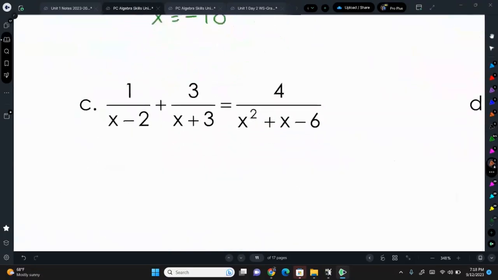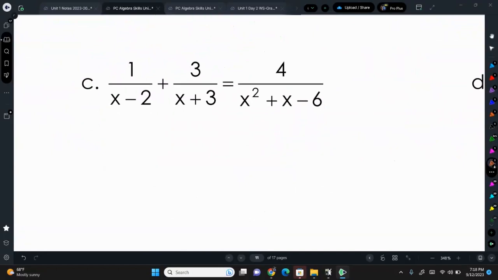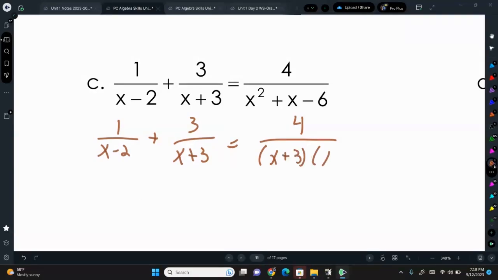All right, letter C, we have 3 fractions. We want to factor the denominator of the right side. So this is going to give us 1 over x minus 2 plus 3 over x plus 3 equals 4 over, and this factors to x plus 3 times x minus 2. So that's convenient because the least common denominator between all 3 of these is the quantity x plus 3 times the quantity x minus 2. So if we multiply everything by that, x plus 3 times x minus 2,